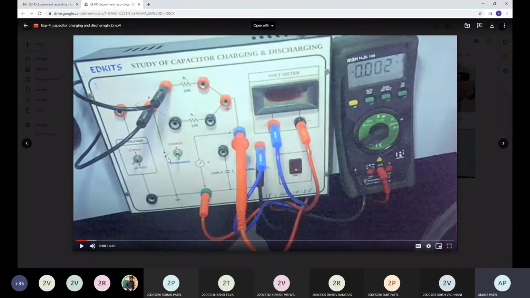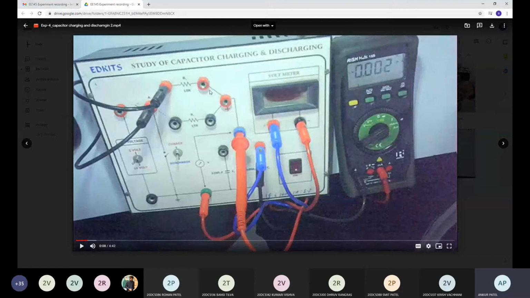Okay, so we are not starting the connection with this red and black port because it is already connected with this switch. So we will start making the connection from this red port, that is connected with the switch. From the switch, it is connected with the resistance. You can see between this port, one dotted line is there. So I'm connecting this switch with the resistor, and you can see this resistor.